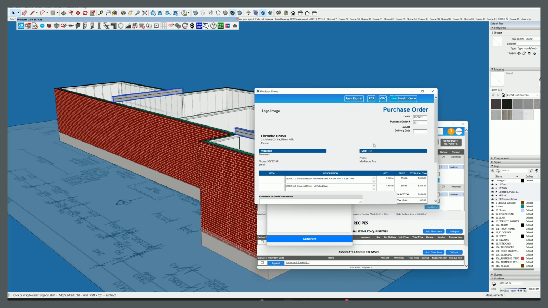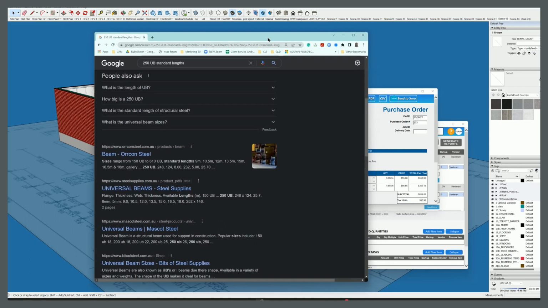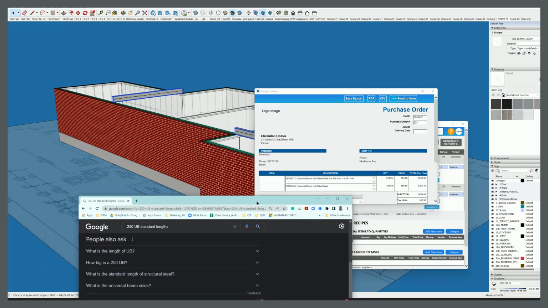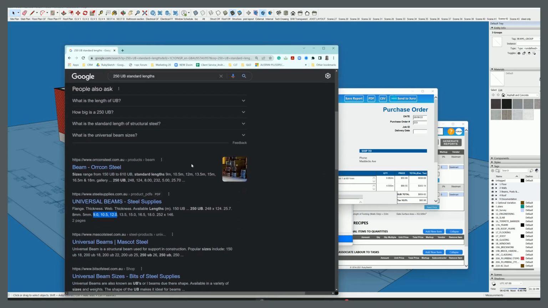Now there's one other thing I did want to talk about, guys. The reason why it works that way is when you buy steel, and look, you might just order off a local fabricator who buys it in full lengths and then cuts it up for you. But I just quickly did a Google search here, and you'll notice that you can buy steel in 9 meters, 10.5, 12.5. So if you're going to order this steel, the 9 meters 962 would actually be cut out of a 10.5